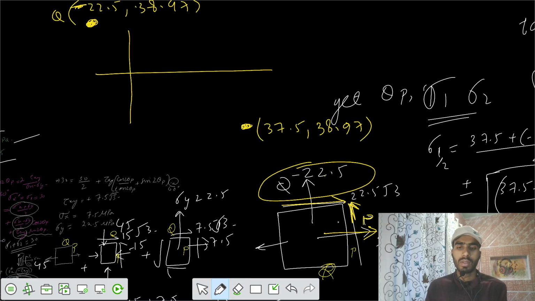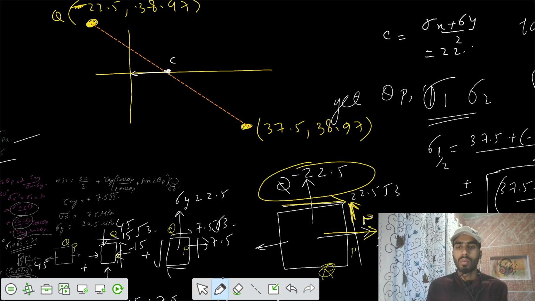Then you plot them, then you combine them, then you join them. Let's say this is our joining line. So this point where it cuts, I would say this is the center. The value of the center would be sigma x plus sigma y by 2. That is 37.5 plus minus 22.5 divided by 2, and that value equals 7.5. So this is 7.5, and the radius, from the equation, equals sigma x minus sigma